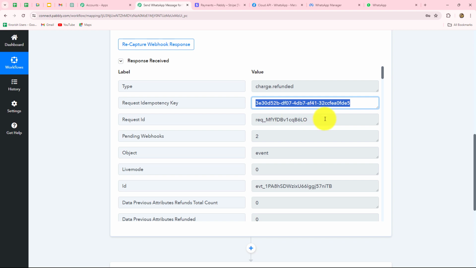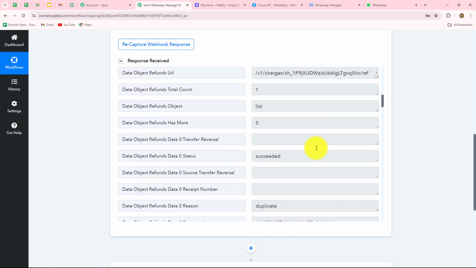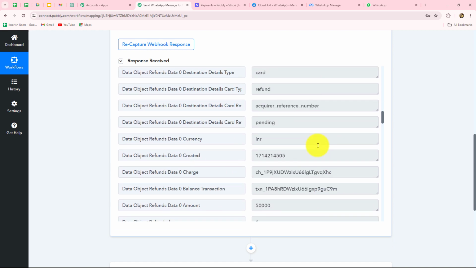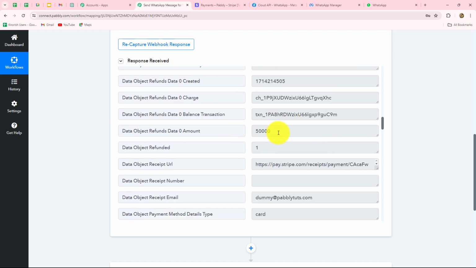This is the request key. Okay, this is the request. Here we have multiple other details as well. Okay, so all these details are related to the payment which is being refunded. In this response, we can also find that we have also received the amount which is refunded, but here we